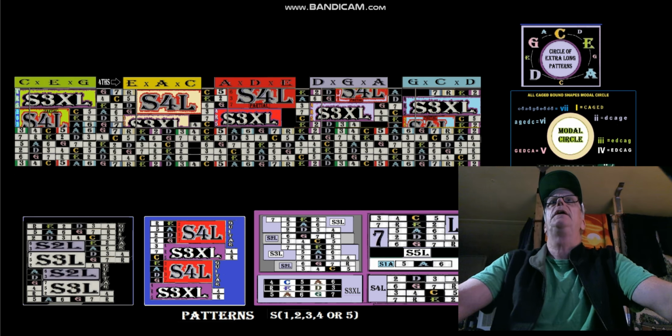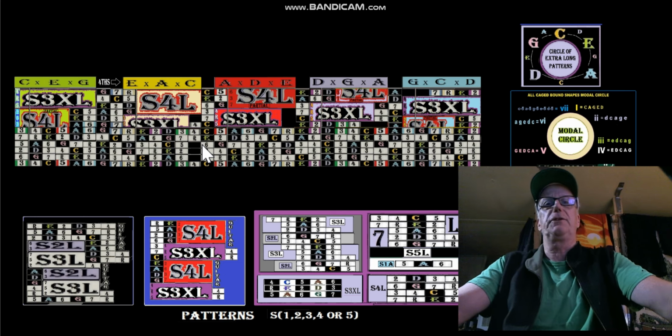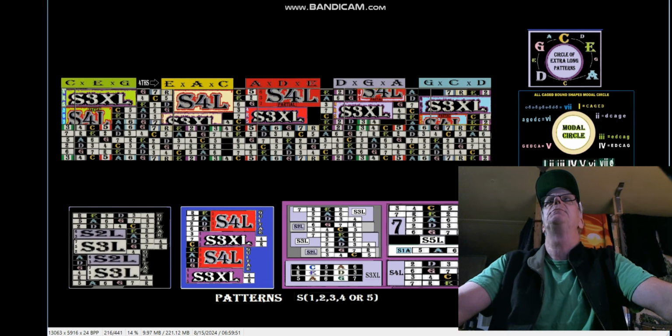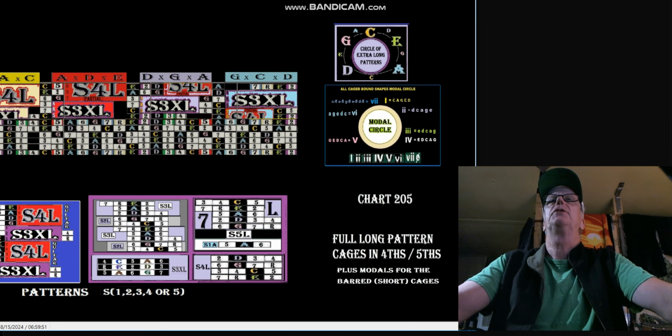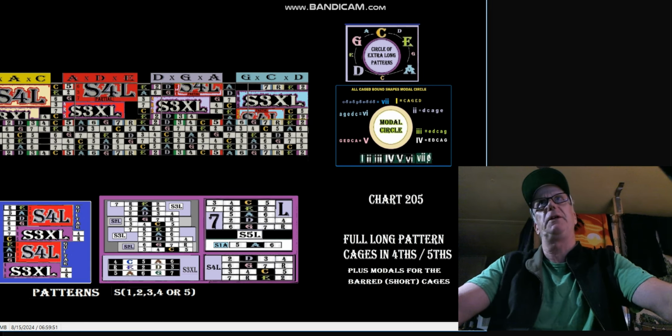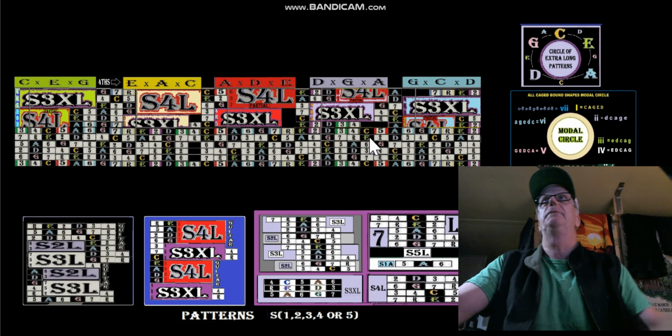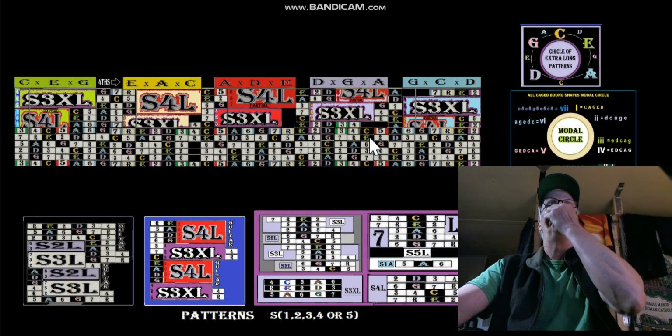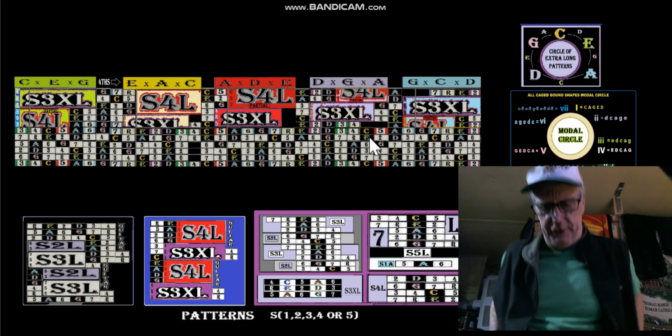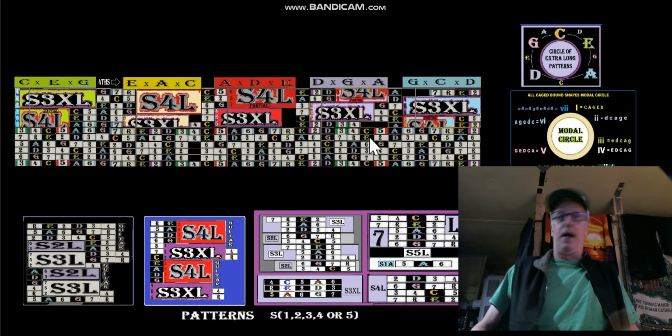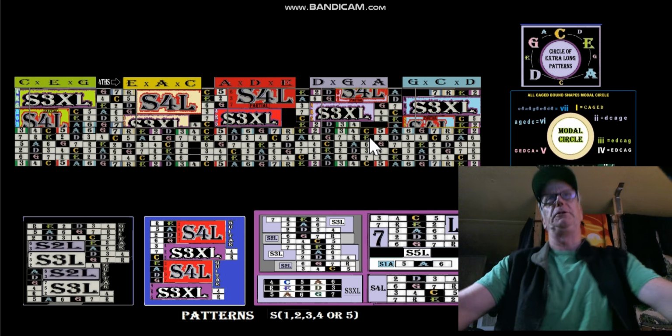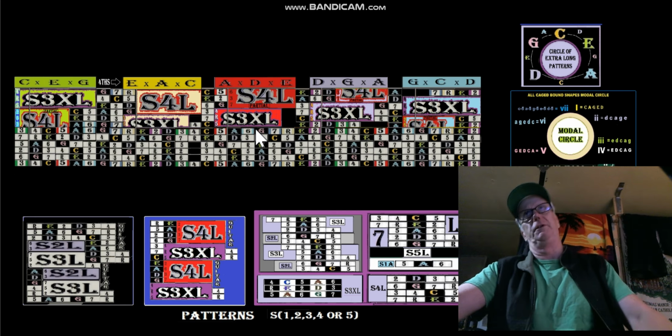Okay, so we've got a modified chart here for teaching because I had to edit that chart, and instead I just was able to mask out some things. Again, we've got chart 205, the full long pattern cages in fourths and fifths plus modals for the barge chart. Well, it doesn't have them anymore. I took those out because modals are just with the short patterns until such time as I do modals for the longer patterns, but you can just look at it as the modal from the cage above it,